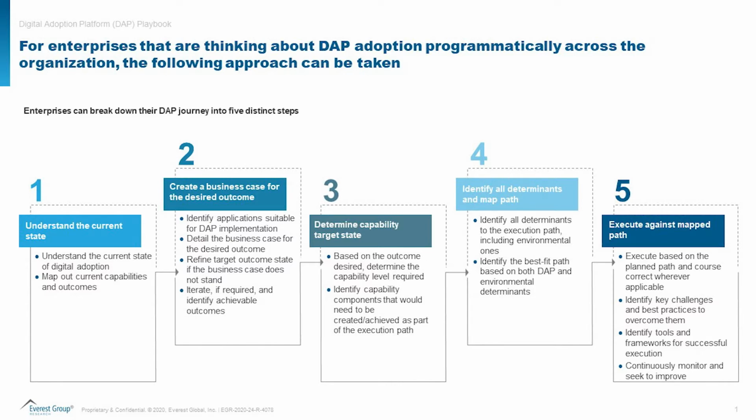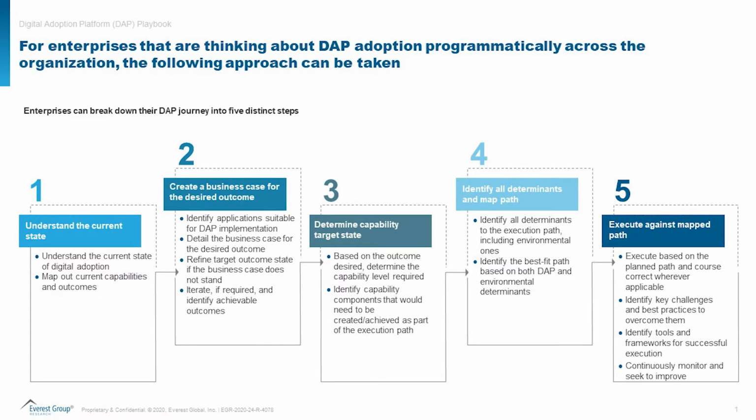The next step would be determining the journey sequence and the path you want to take on your DAP adoption journey. Apart from the start point and end point, the ideal path will also be influenced by specific organizational dynamics, such as whether you are a centrally run organization or have a more federated structure, whether the organization is more or less tech oriented. These are what we call environmental determinants, and they come into play a fair bit in these decisions.